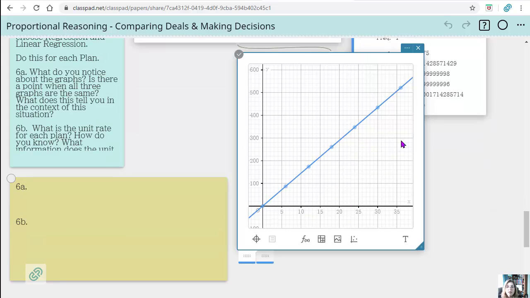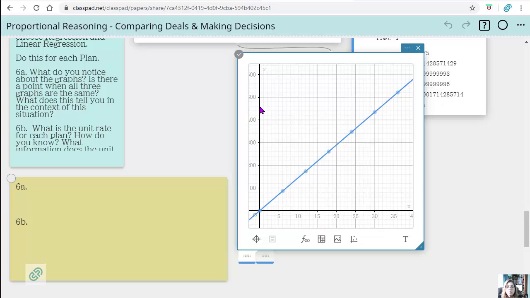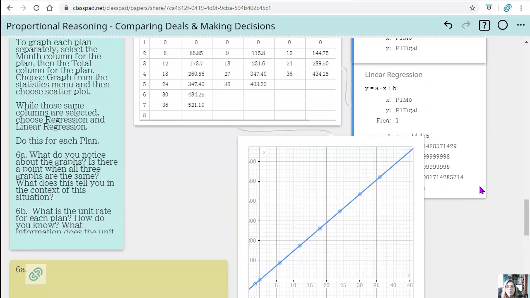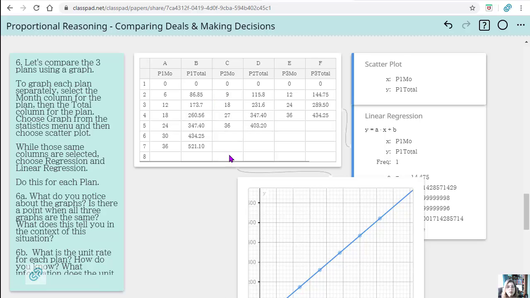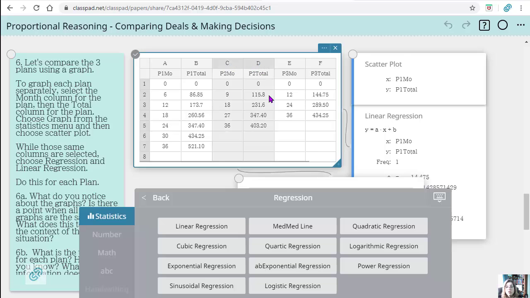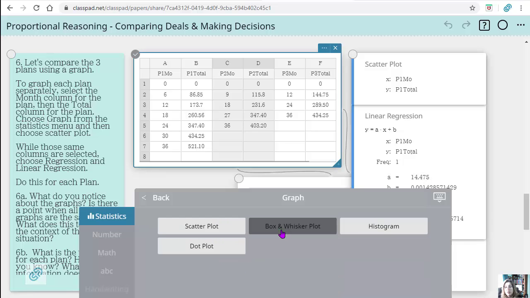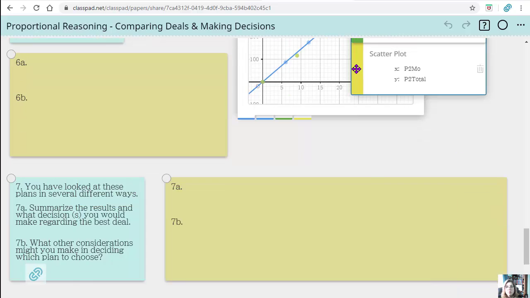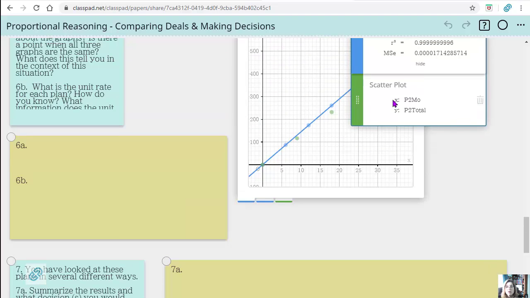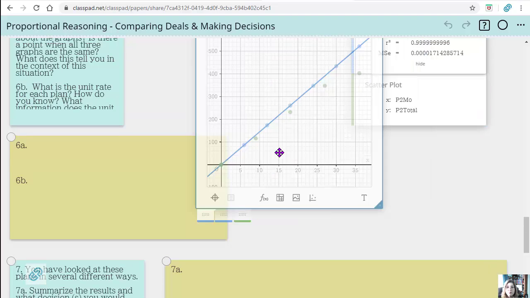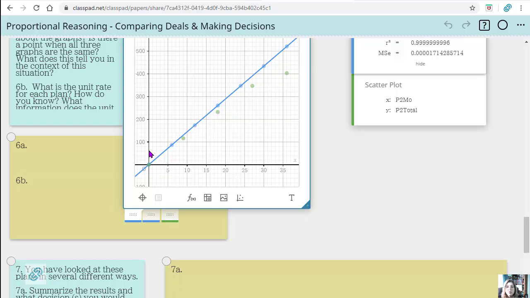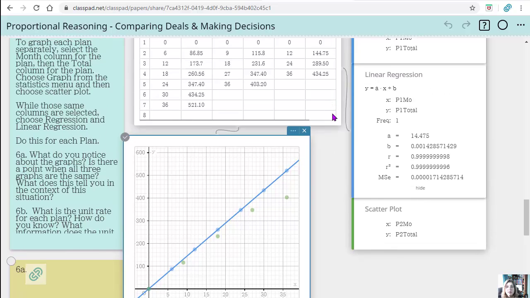So let's go down and look at the next one. So now we're going to do the same thing. So they're going to just graph each one. We're going to do, and maybe you have them look at the scatter plot first for each one. And I think I did 2 scatter plots. I didn't mean to do that. And so here's the scatter plot of, let's move that out of the way, of the second one. So notice its rate is slower than the others, right? It's not exactly the same. Looks like we made a mistake there.